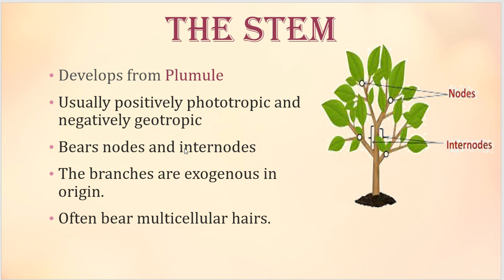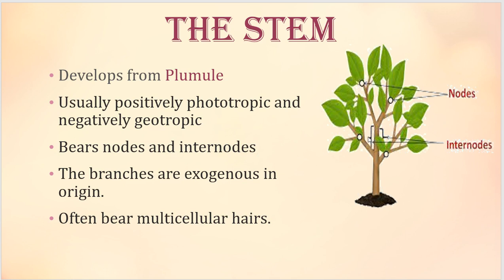And then the stem bears nodes and internodes. The stem, or the shoot system, is the structure which bears nodes and internodes. Now, what is a node? A node is a junction from where the leaf or a branch arises. In this picture, this is a node, this is a node. So a node is a junction from where an accessory structure, a leaf or a branch, or even a flower arises. What is an internode? The distance between two successive nodes. The distance between two consecutive, neighboring nodes is called an internode.